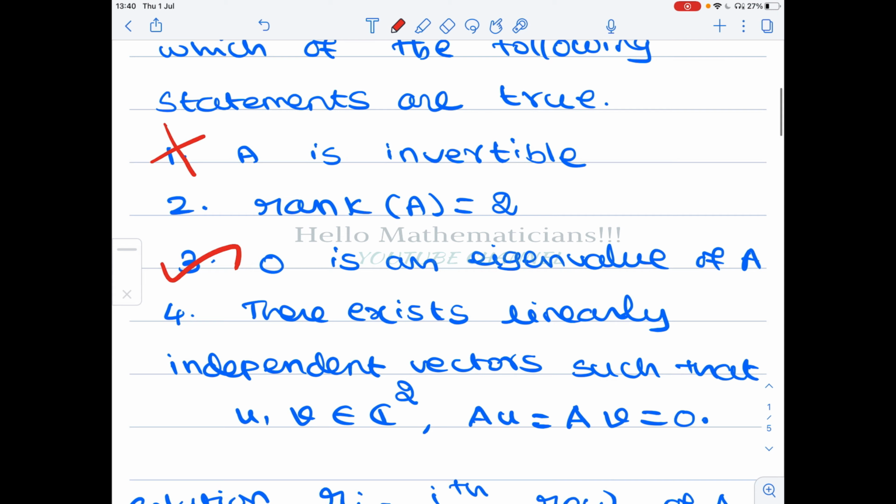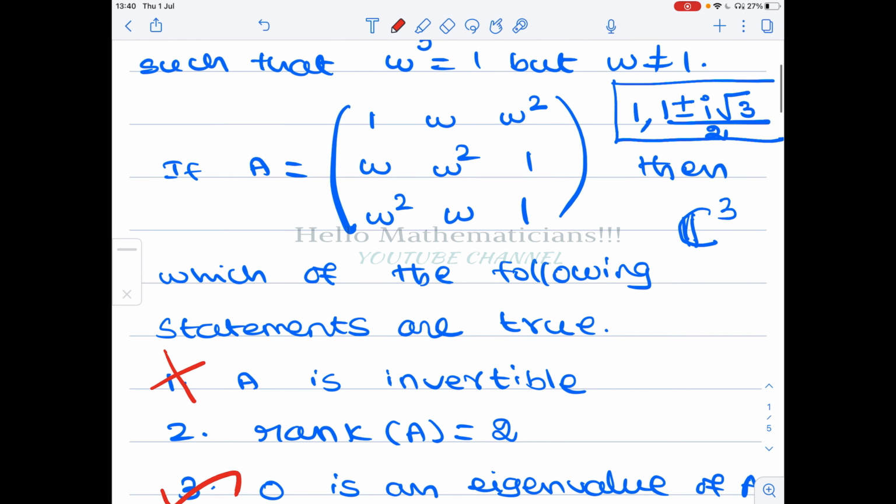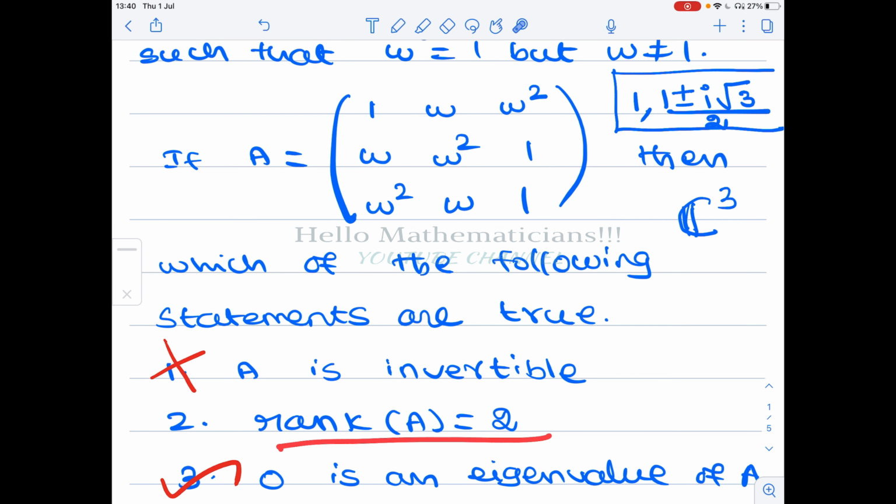So I just said that rank of A is nothing but the dimension of the row space of A. Now this vector and this vector are linearly dependent. If these two vectors are linearly independent, then the dimension of the row space will be 2. Basically, we have to verify whether these two vectors are linearly independent. There is a much simpler way of checking whether the rank of this matrix is 2.